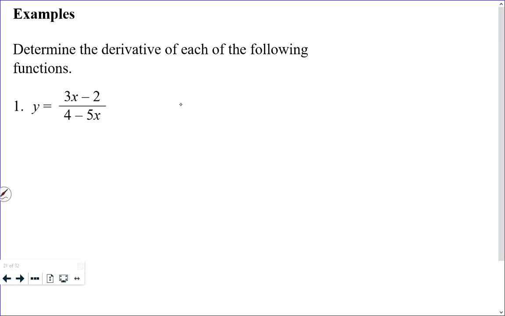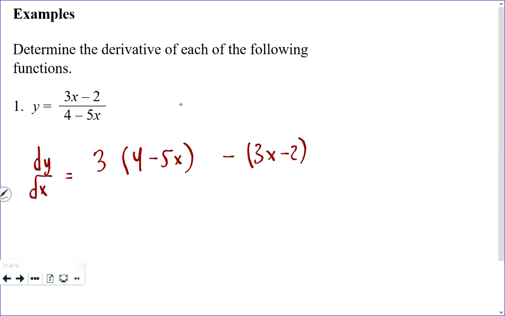Determine the derivative of each of the following functions. This function is a really simple type of function. And this is something that I would expect you to be able to do on a quiz tomorrow if we have a quiz on what we've learned so far. It's not a difficult thing to do, but you need to know the rule. The rule is the derivative of the top, which is 3, times the bottom, which is 4 minus 5x, minus the top, which is 3x minus 2, times the derivative of the bottom, which is negative 5,